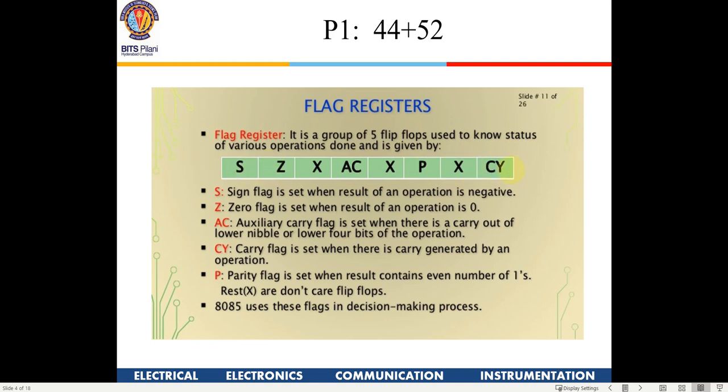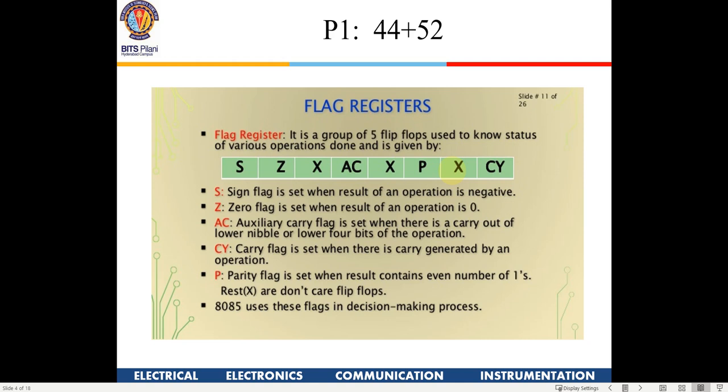Whenever we use the ALU to do any operation, it could be addition, subtraction, compare, logical AND of two data, or logical OR of two data. Whenever we do any operation in the ALU, when we learn programming we'll write commands like a plus b, or b plus c, or b into c, whatever operation we write.